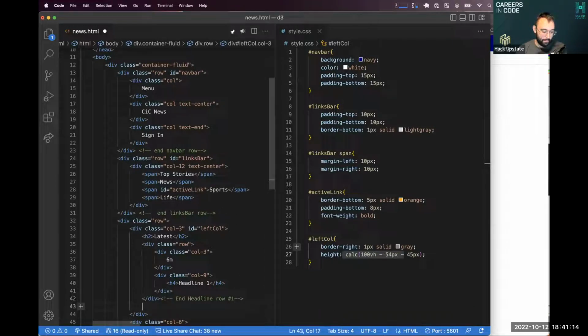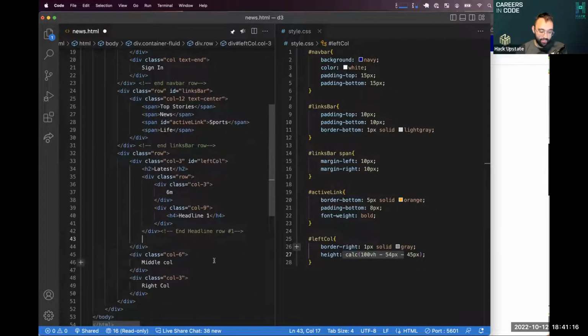I'm then going to come back down here. And now I've got div soup going on, right? There are divs all over the place. So I really need to be careful here. What is this div closing out? It's closing my col3 of the left column. So maybe I want to come down here and add a comment that says end of left col. Now that makes it a little